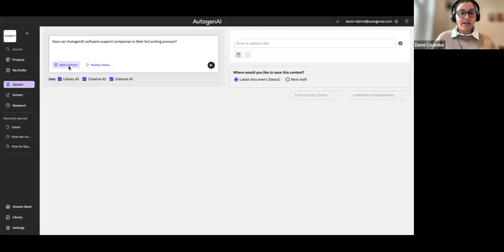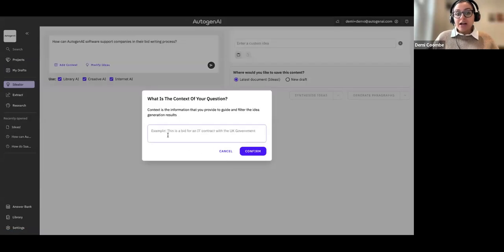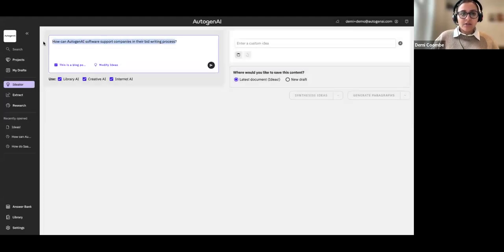I can give it a little bit of context. Maybe I could say it's a bid for an IT contract within the UK government, or I could simply say this is a blog post for AutogenAI's website and LinkedIn page. I actually want to change this question to maybe ask, how is AutogenAI transforming the bid